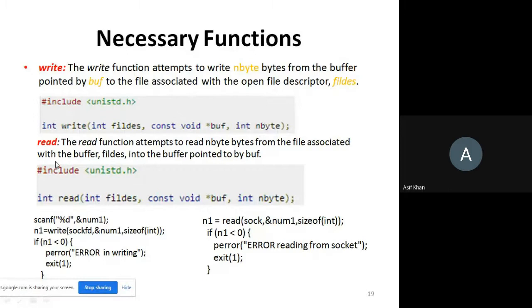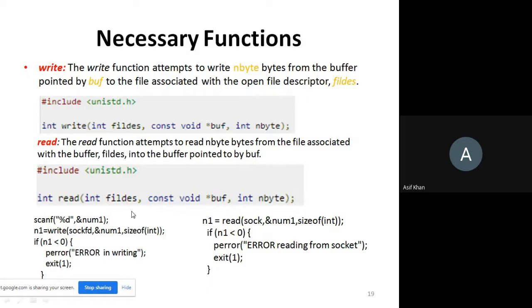The next function is the read function. It is used to read the message received from the remote computer. It is also present in this header file, and the syntax for the read function takes the file descriptor first. This is also the integer number that is used to access the endpoint.